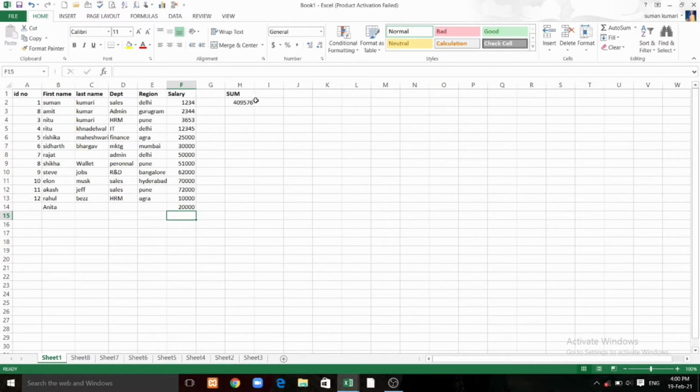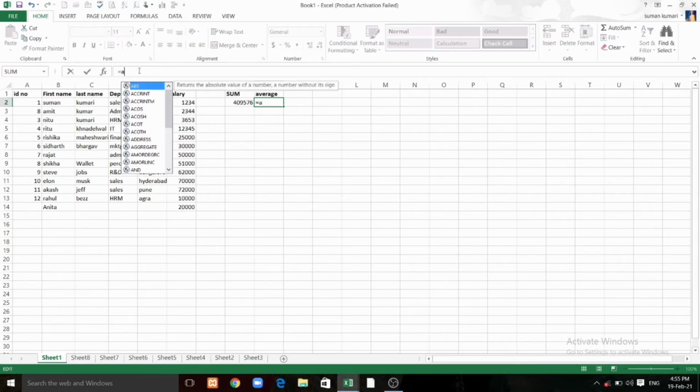So the next function we will see is the average function. For example, I want to know the average salary that HR is paying to the employees. So I use the average function by applying the formula equals to average.